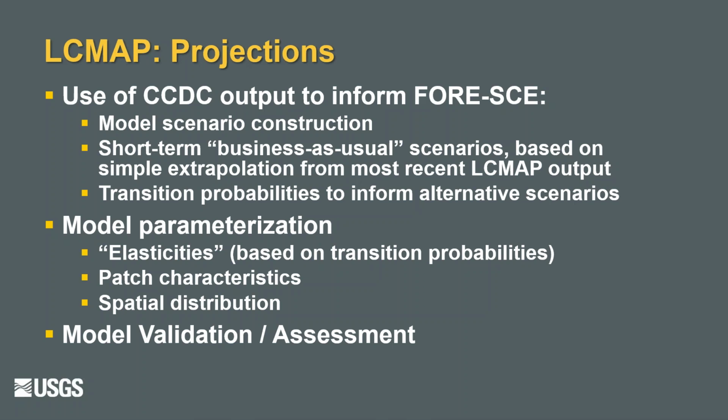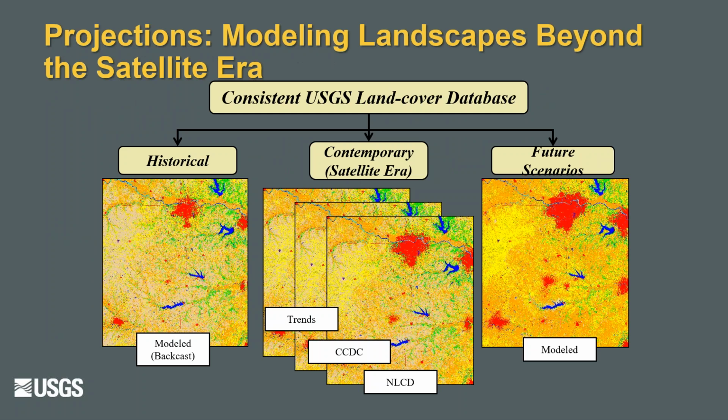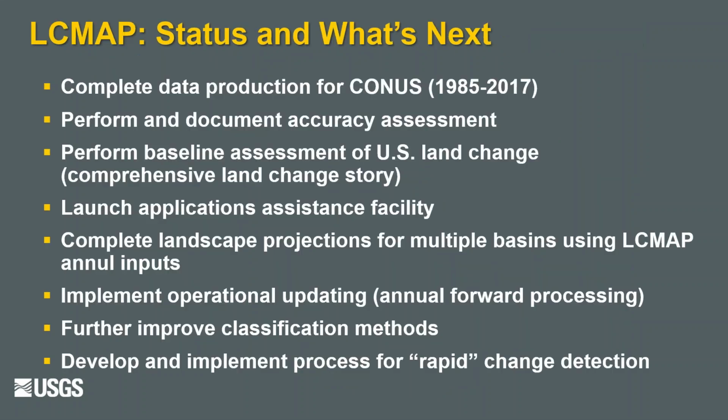This activity using this model called 4C has been going on for years here, but LCMap will then provide this annual look at land cover. This just shows how we use the LCMap in the contemporary satellite era to estimate annual change, and the 4C is used for the future scenarios and the historical scenarios. Again, another topic that's pretty broad, and I won't be able to go into much detail, and it would be better to have Terry Soul give this presentation.